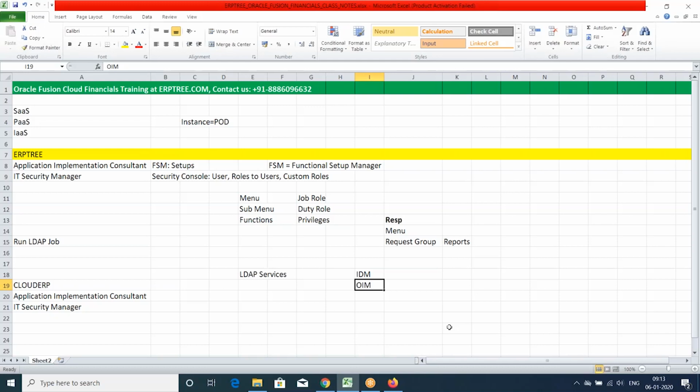That's how they did it. For operational purpose, do we still need OIM access, or from IT security manager? Not required. Okay, not required. Operational in the sense you are talking about transactions or some other? No. Creating user, managing user, adding role. Those and all you can do from security console. So we don't have to go to identity manager, right? Yeah. They are not giving access now. In the latest versions, they are not giving.